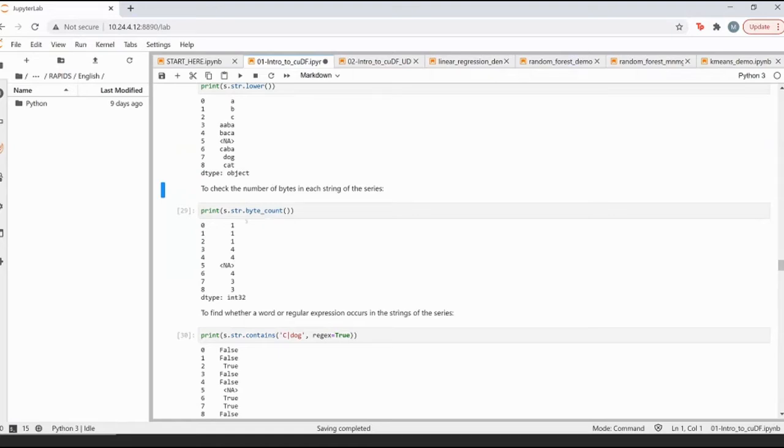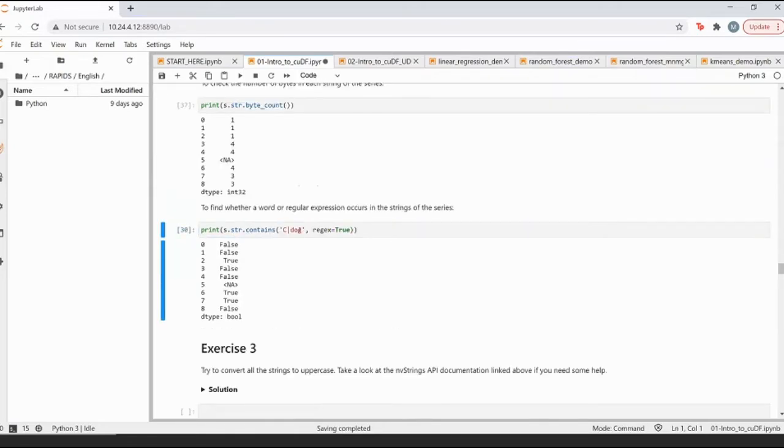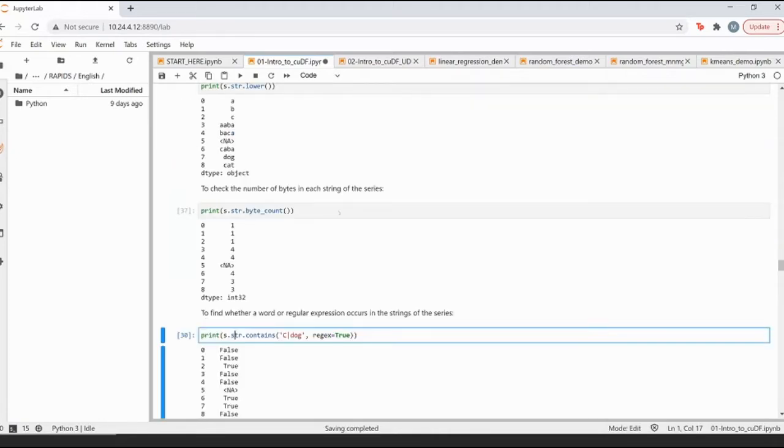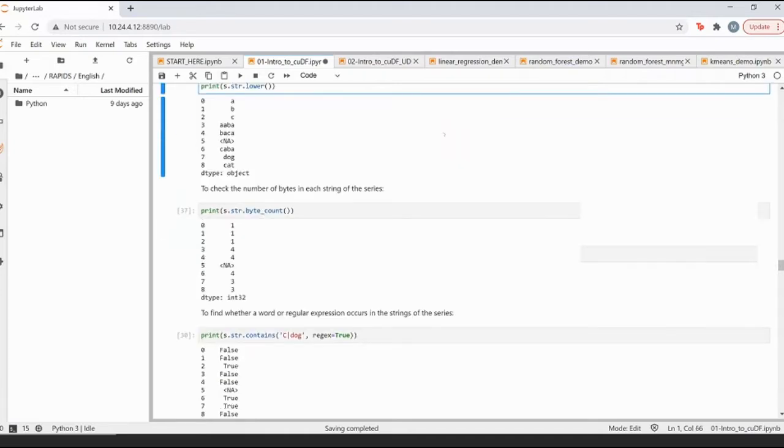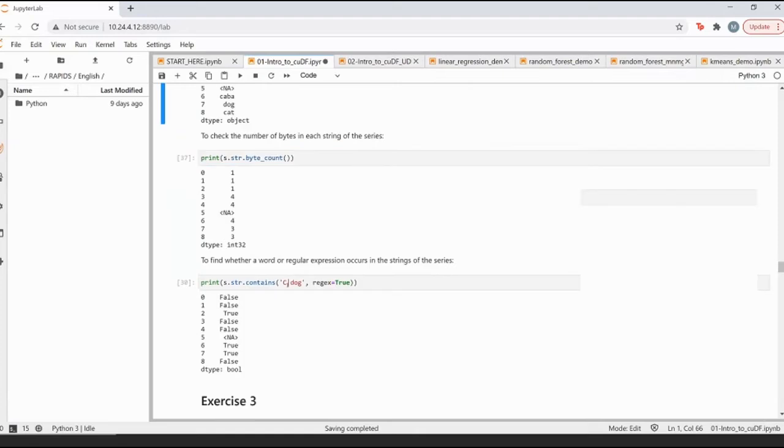You can also check the amount of bytes that are required for storing these elements. As we know, typically strings take about 1 byte for storing one element. And similarly, you can see here that for n number of characters, you have n number of bytes allocated for that particular value, right? You can also do things like regex, right? You can try to find out, do I have a dog inside of this entire data frame, right? So does this contain some word which has dog inside of it, right? And as you can see here, it does return 'c' or 'dog'.